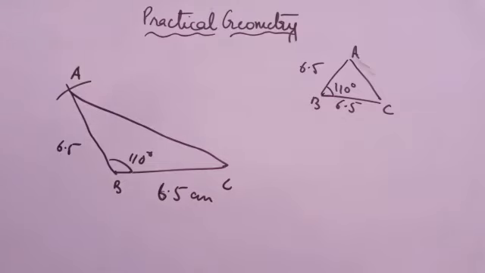Now one thing I would like to tell you here is 110 was the angle where the compass cannot be used, it cannot be drawn with the compass, but those angles which can be drawn with the compass are to be drawn with the compass only, otherwise your construction will be considered wrong.